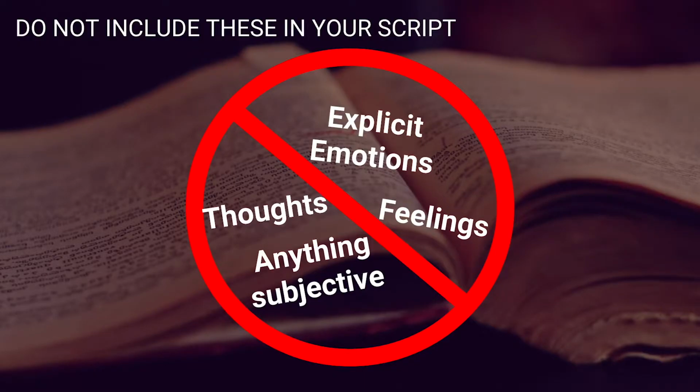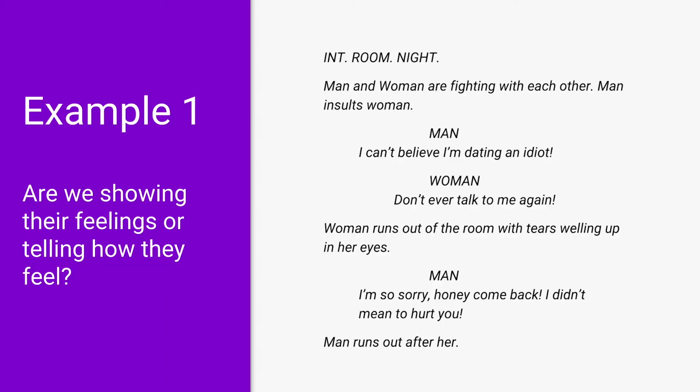They just tell us what the character is doing, and it's up to us on the screen to show what they are feeling. So we're not reading about it, we're showing it. This all again ties back into the show don't tell aspect of movies. So you don't want to include any explicit emotions, any thoughts, feelings, or anything subjective in your screenplay. It all has to be objective. Anything that we can see that doesn't have to do with what the character is thinking or feeling on the inside. So here I have the same scene written 2 slightly different ways.